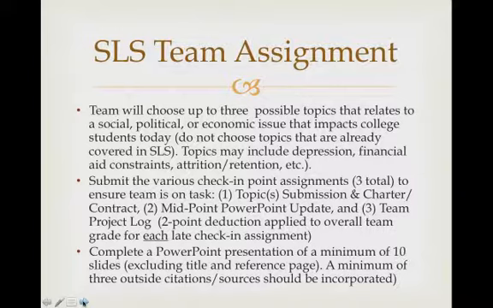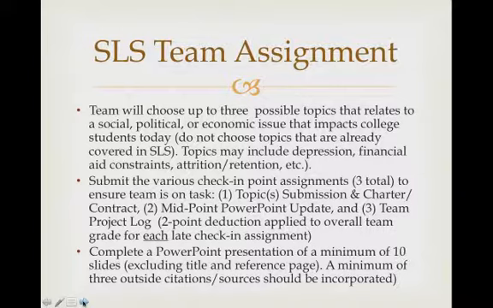The last thing that you're going to be submitting as part of the check-in point assignments is the team project log. This is a wiki that's located within your team planning area that gets updated as you go in and add information to it. Please be sure to review the presentation that I have about navigating the team planning area so you can see specifically how to use that wiki. It's very easy to use, and I even give you an example as you go in there. Please note that